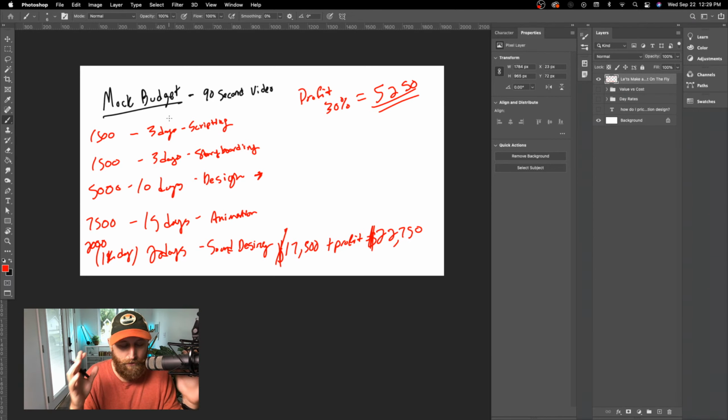I think the good news about creating this kind of outline for a client, and putting it into a nice looking document for them, is that it creates some boundaries and some expectations. I always add this when I send a proposal to a client. Let's say the price is $22,750. That's what it's going to cost you to do it. I put a note at the very bottom that says anything outside this scope of work will be billed at X number of dollars per day. So let's say the day rate's $500. I say, look, anything outside this scope of work is $500 a day.